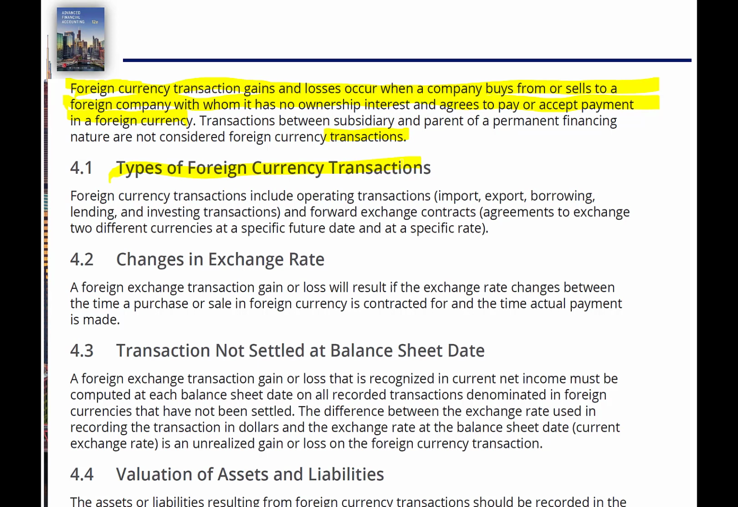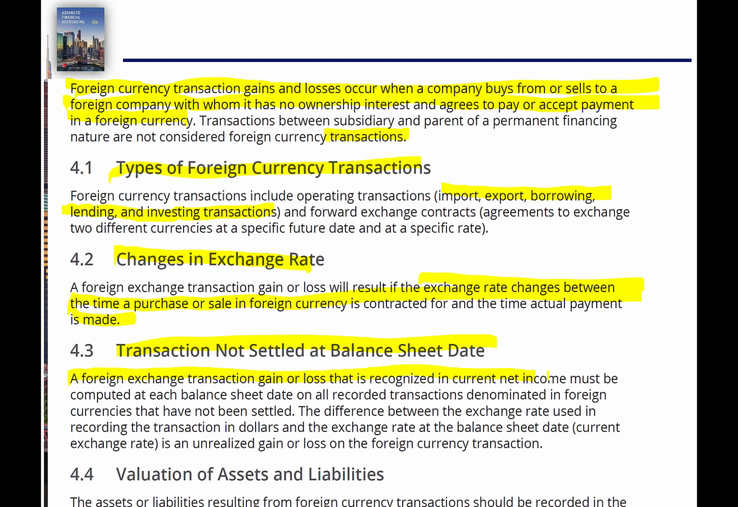Okay, and so we're going to be importing, exporting goods, borrowing, lending, investing, etc. Now there will be changes in the exchange rate, and that change in the exchange rate is what happens when there's a change between the time of purchase and the time that we finally settle, actually pay that. And if there's a transaction not settled at the balance sheet date, then there will also be a gain